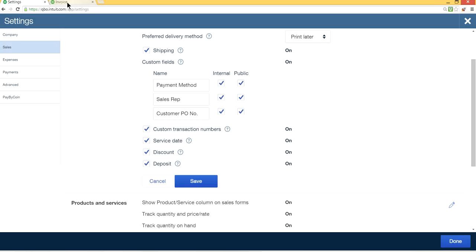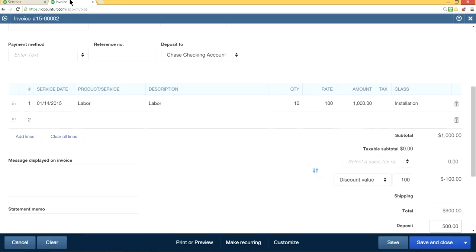So this basically assumes that you just got the deposit for this service. If you have already received a deposit a long time ago and you use it here, then at that point, instead of choosing bank, you will need to choose wherever you put it, like prepaid or whatever. So in this case, by default, this just goes to undeposited funds, and then when you do the deposit, the bank deposit,